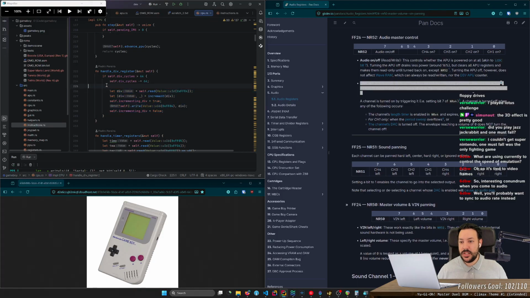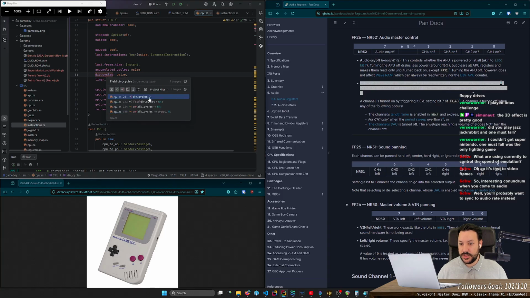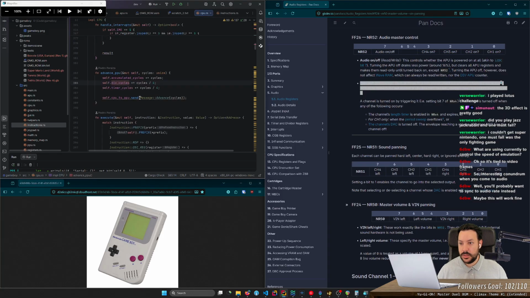But this is getting called tons of times, each frame is like 4 million, and this is incremented every instruction.